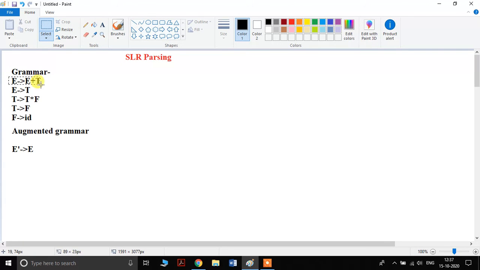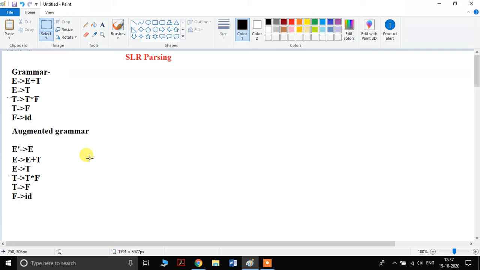This is the grammar. Now we have to write the whole grammar same as this one. Now this grammar becomes an augmented grammar.